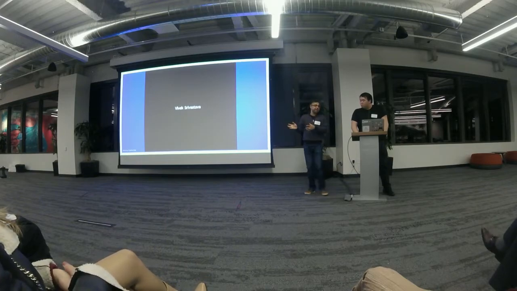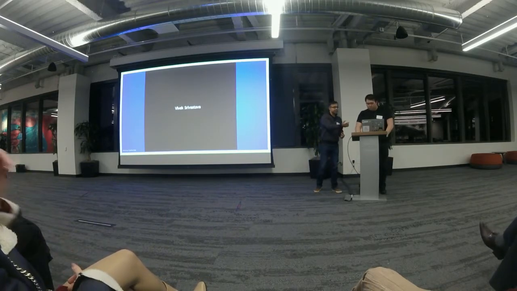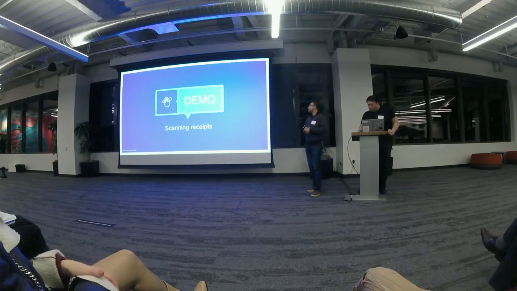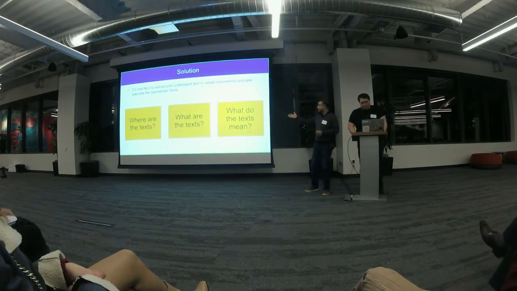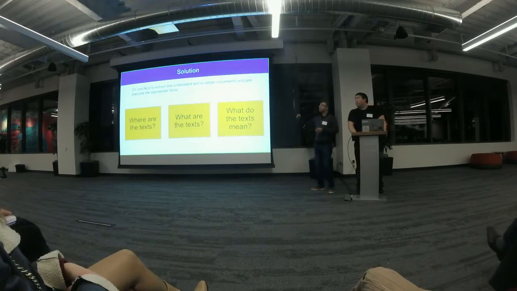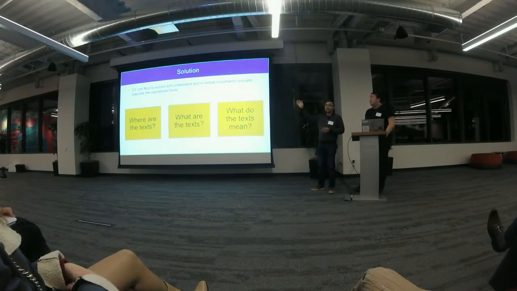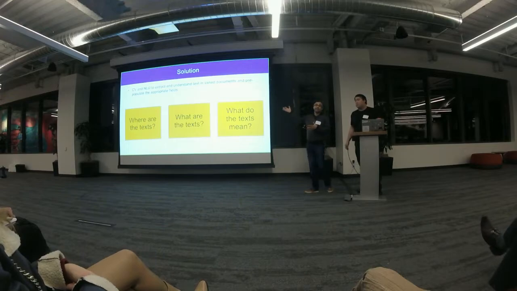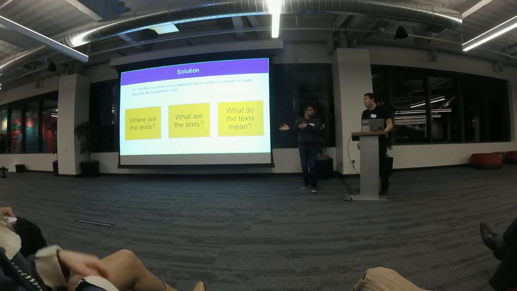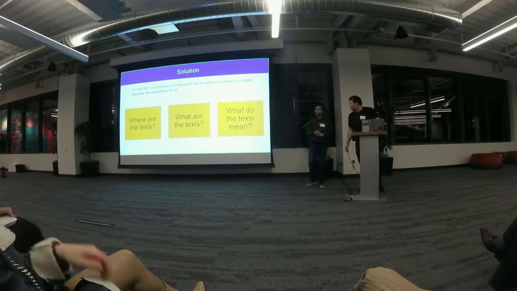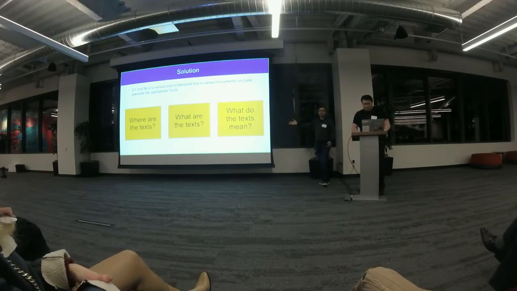So I kind of already gave a hint of the solution of what we've done, which is basically: where are the texts, what are the texts, and what do they mean? So we've used a combination of computer vision and NLU to extract and understand these texts from the scanned receipt. To go into the deep details, I'll invite Henry to go into the models and the neural network layers. If I speak, I know nothing will go through. So,